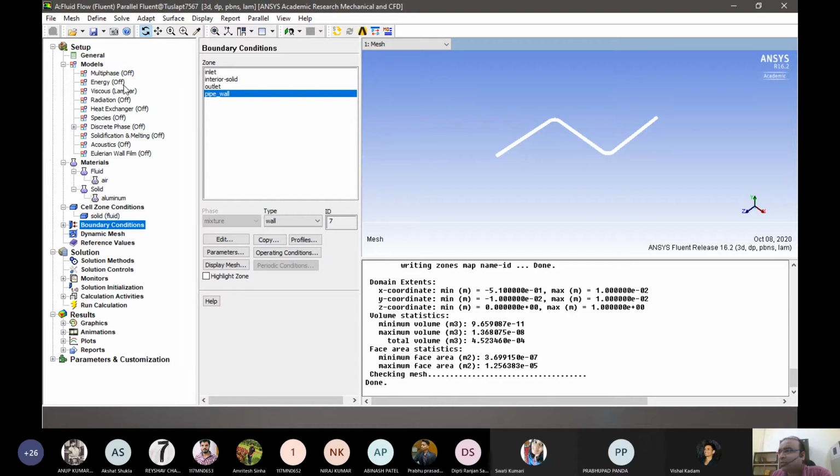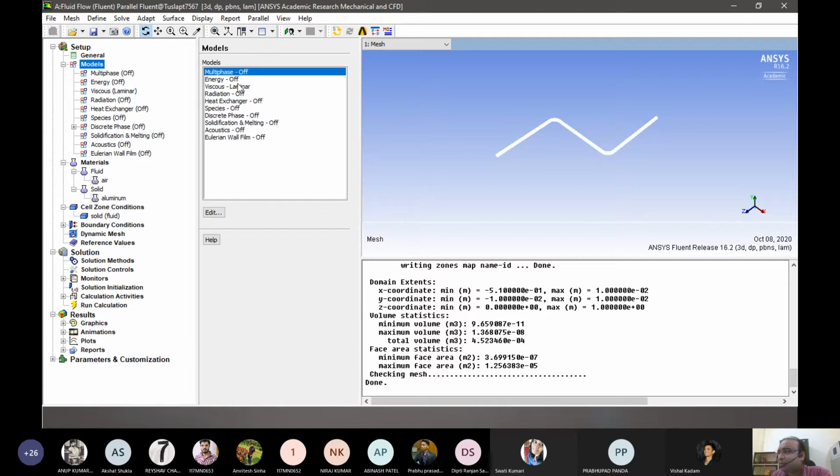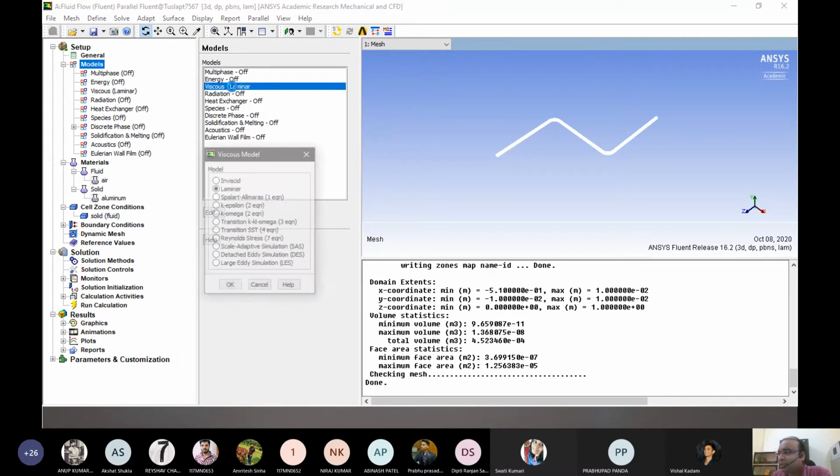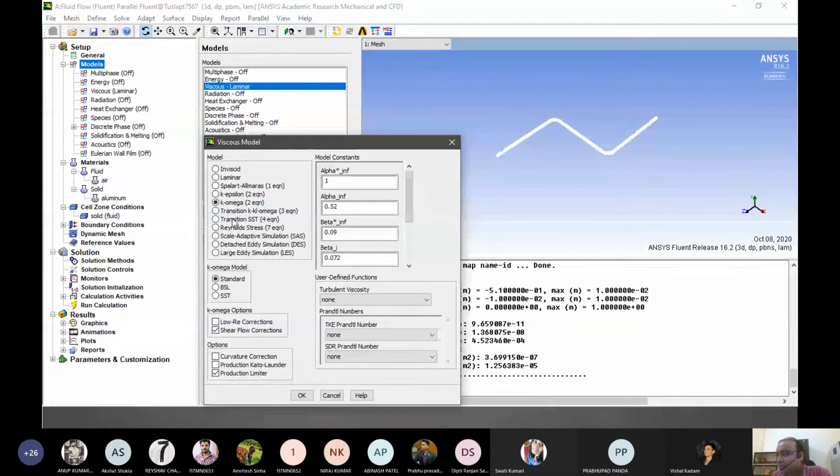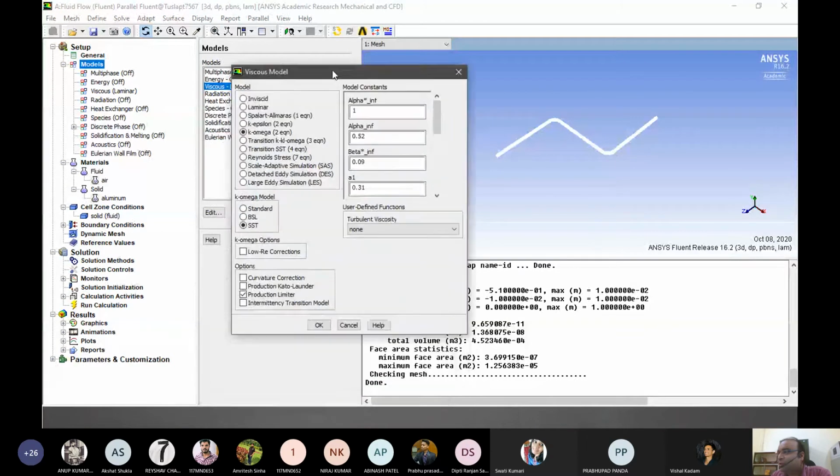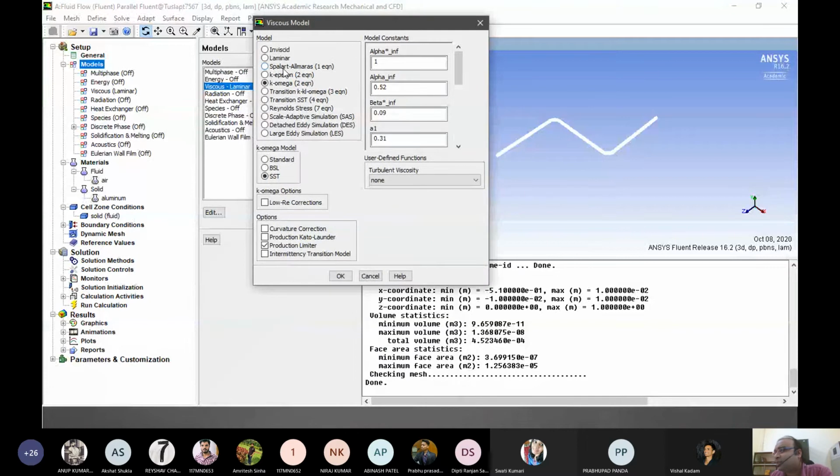So we can select either a laminar flow or a viscous flow. In this case, it is a laminar flow that is selected. We can also select a viscous flow. There are many algorithms that decide what kind of flow is there. There is a way to define K and omega, and then K omega method is there, K epsilon method is there. Many methods are there. If you are interested in fluid dynamics, you can go into great depths in this. There are so many methods that define the motion, the fluid movement and all.